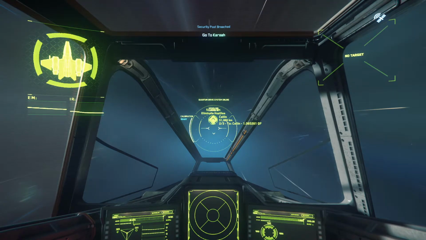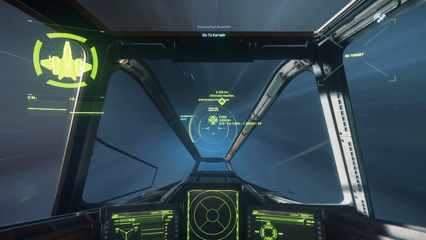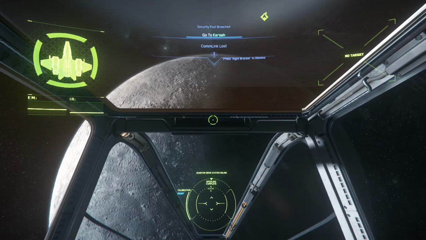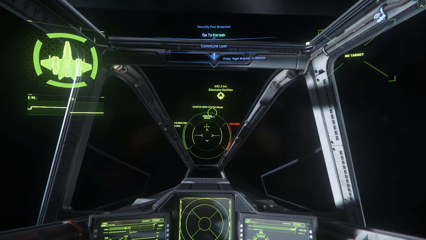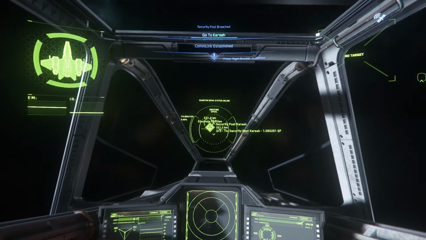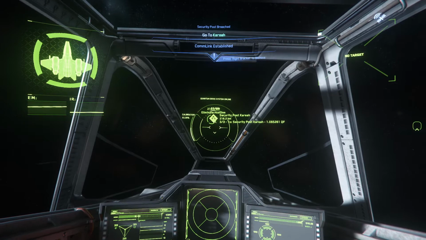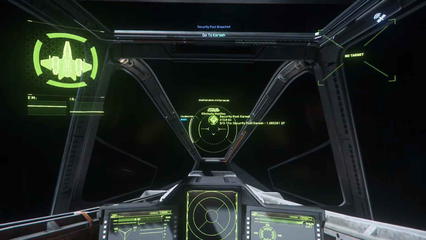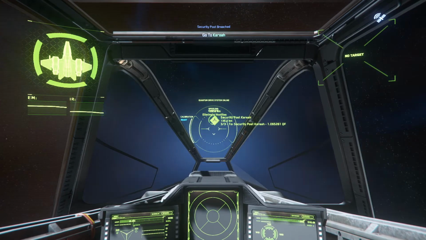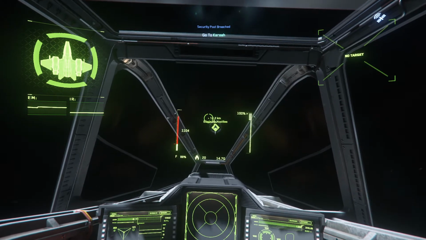The 300i's definitely got a faster quantum drive, though. Faster than light drive. If I wanted to, I wouldn't even have to faster than light travel over there. I could fly straight over to the station. There we go. Alright, so I'm 15 kilometers out, and for some reason